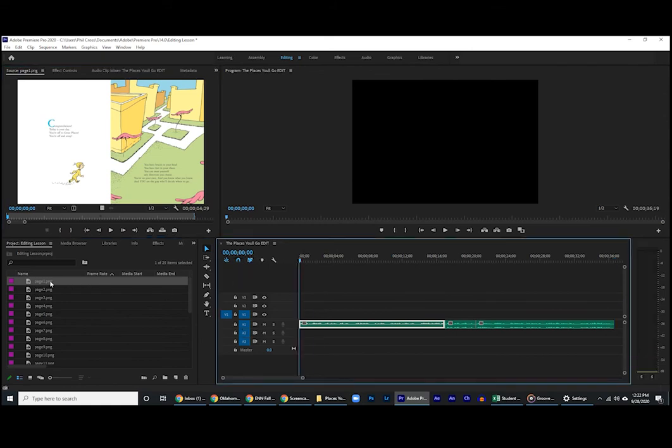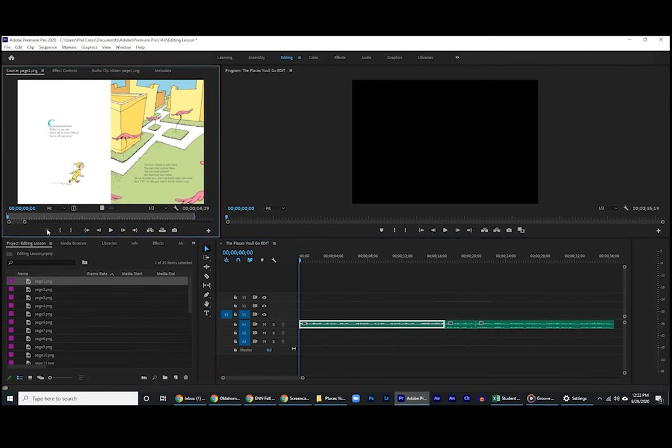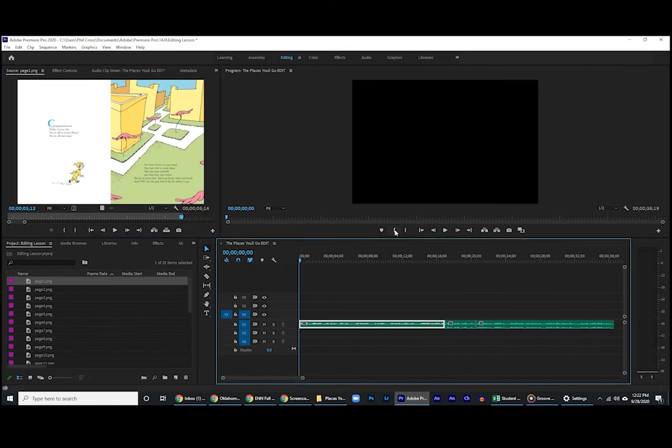Click and drag or double-click on the first page. This will put it in the source window. We're going to treat this as if it were moving video first, then I'll show you a shortcut that you can use with still images that will save you a lot of time. Go ahead and read over that first page and you'll see that it ends with the first part of the second track. Right now we're going to use the mark in and mark out in reverse.